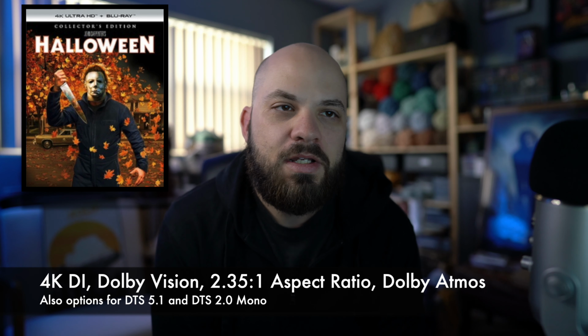There's some lightning flashes in the beginning of the film that contrast a very dark nighttime scene. They're very bright. They made me squint, which was really cool. Love the HDR usage there. At the same time, the scene where Michael hijacks the car,